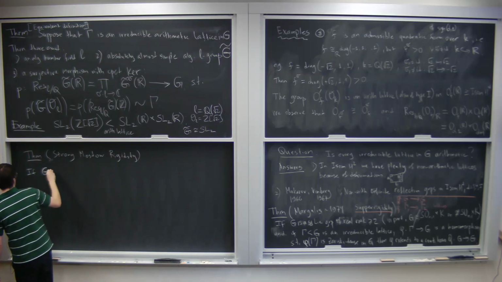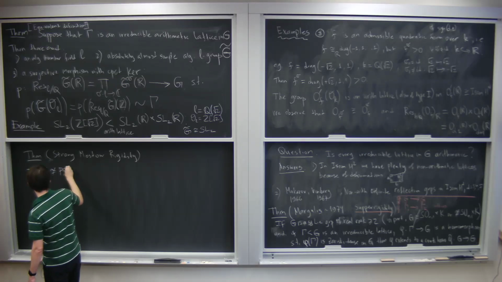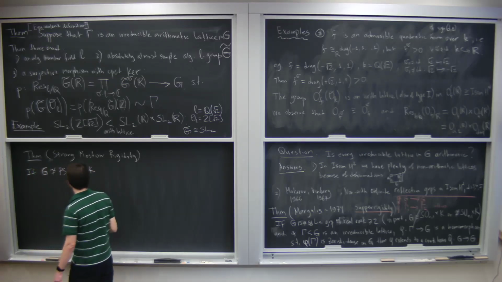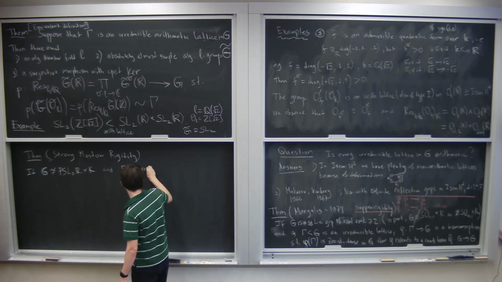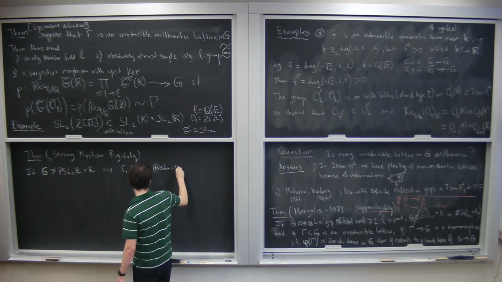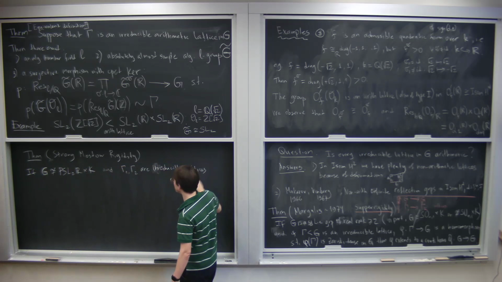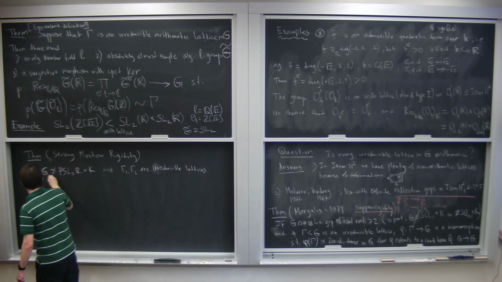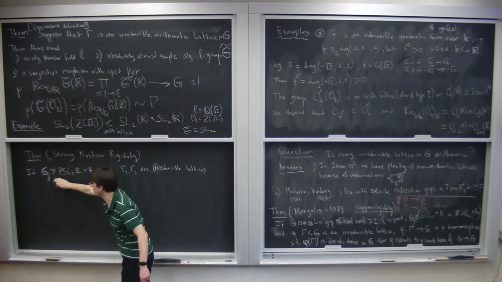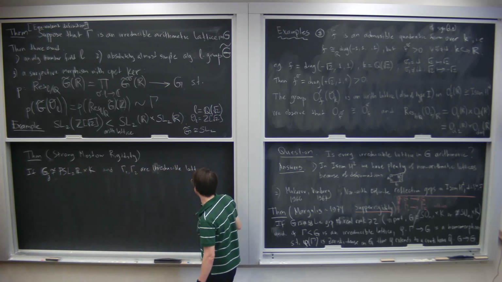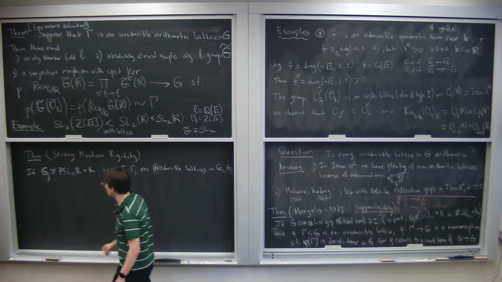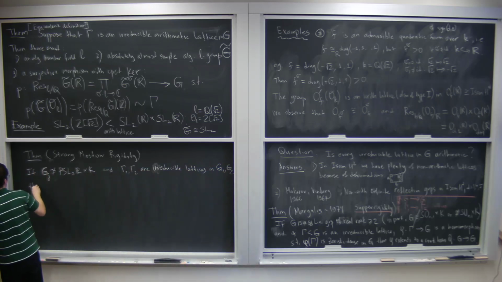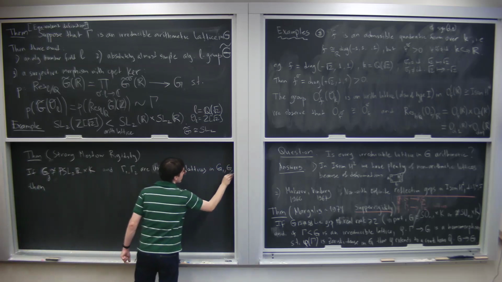If G is not isogenous to PSL2(R) times K, and gamma 1 and gamma 2 are irreducible lattices in G1 and G2, respectively, then